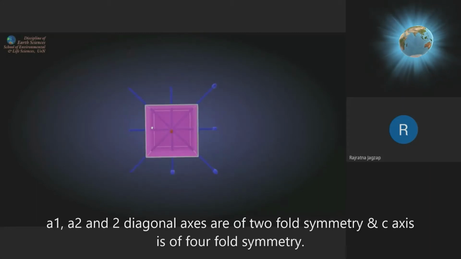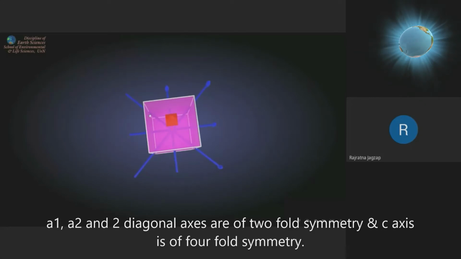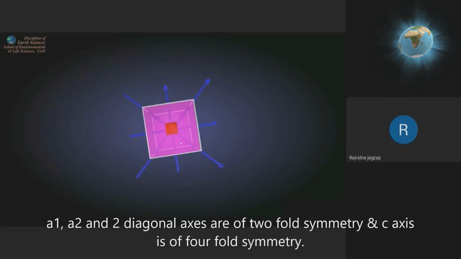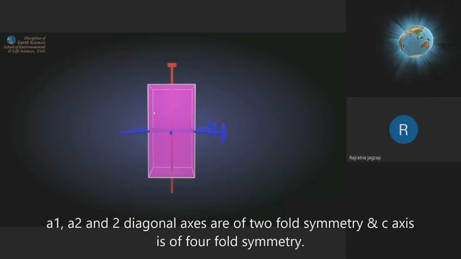Count this as 1. Start counting square shaped faces. Is this a square shaped face? No. So you cannot count. This is a rectangular face. Can you count this? No. This is a square shaped face. Yes, you can count. This is 2. If you rotate it further, the rectangular face which is at the back side will come. Okay, this is how it is two-fold symmetry.